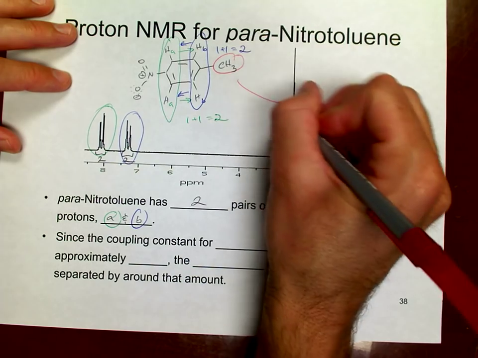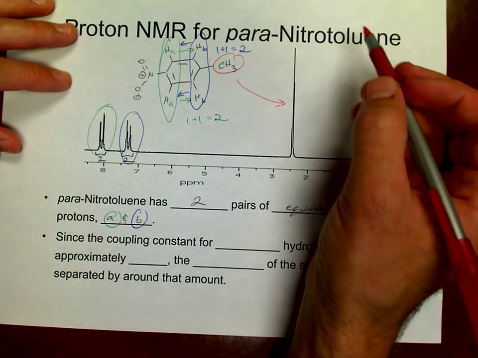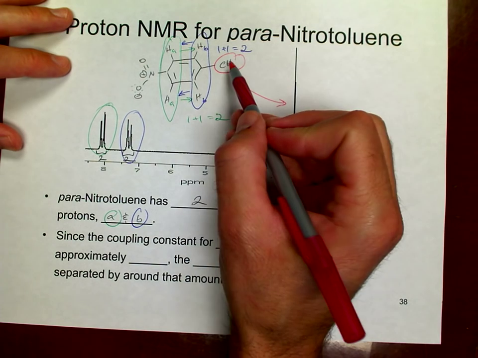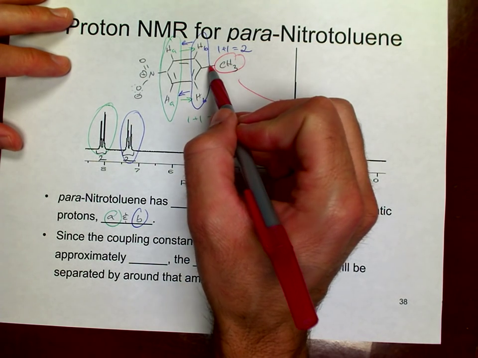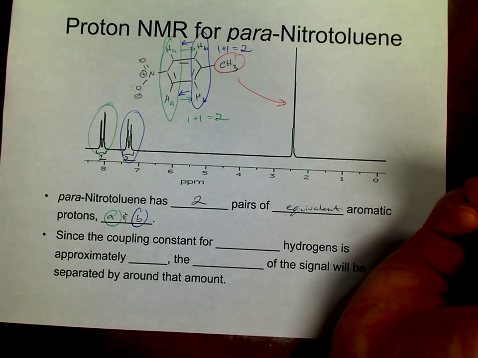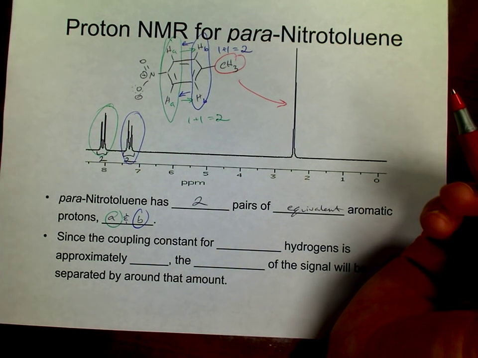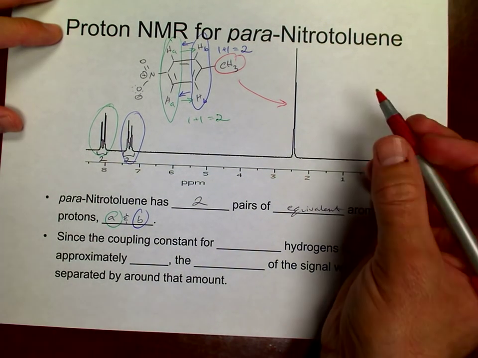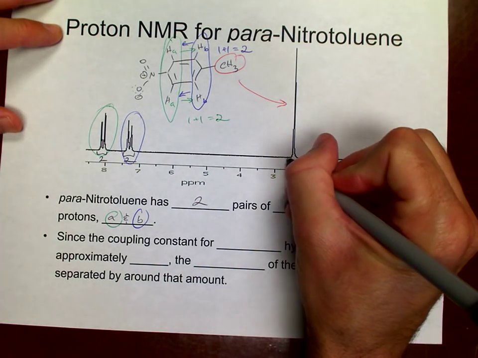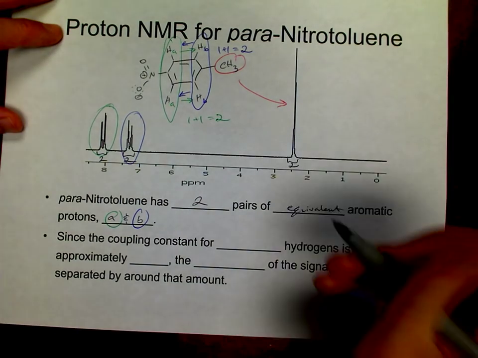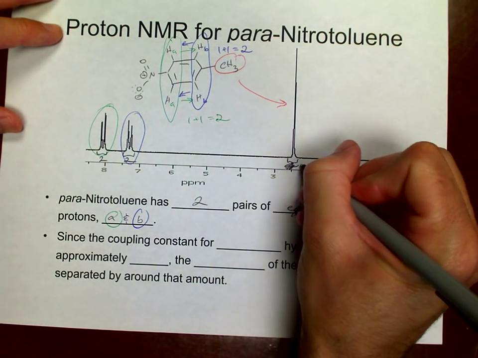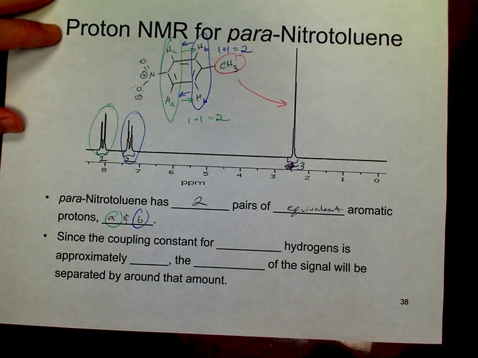The methyl, they are adjacent to no protons. So the closest proton is 1, 2, 3, 4 bonds away. It's typically too far for alkyl protons to see each other, and so that's why it's a singlet. The integration would show not 2. I don't know why I wrote that. Would show 3. Okay, so